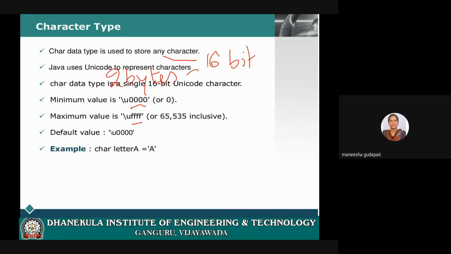It can be either a character or digit or any other special symbol, which should be enclosed in single quotes. Then only the compiler will consider it as a character.